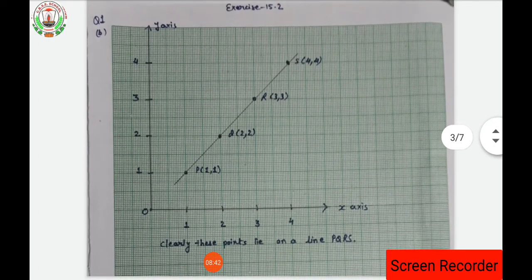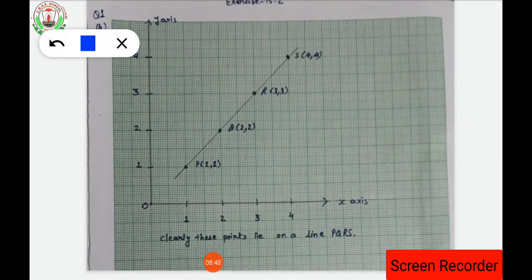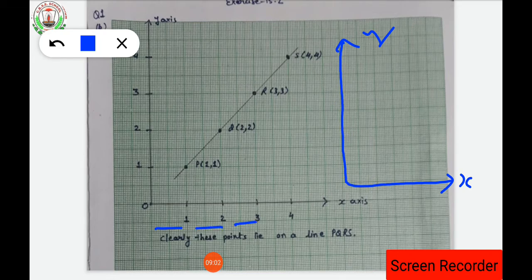Similarly for 15.2, the B part of the question, what we have to do here is draw a graph. Here we have the y-axis and here the x-axis, marking the x-axis and y-axis. Then we have to leave two boxes between the numbers. So leave two boxes. This one will be 1, then 2, then 3, like this. Mark it. Here also two units are left, so mark according to that. Clear, everyone?